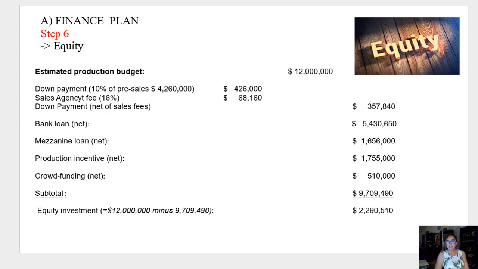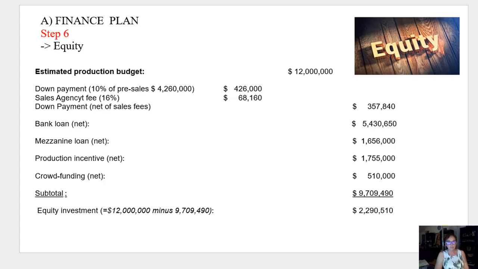So we have a budget of $12 million. We did get that 10% down payment at the time when we signed our pre-sale agreements, and it was held with the sales agent. So now it's time that the sales agent should release it to us. So the $426,000 is going to be the 10% down payment, and it's subject to the sales agency fee